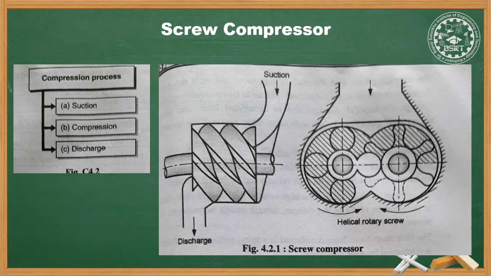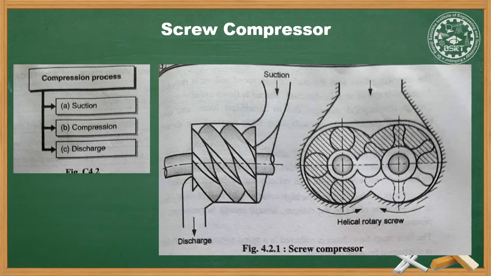In suction, as the rotors begin to unmesh, a void is created on both the male side and the female side, and the air or gas is drawn in through the inlet port. As the rotors continue to turn, the interlobe space increases in size and gas flows continuously into the compressor. Just prior to the point at which the interlobe space leaves the inlet port, the entire length of the interlobe space is completely filled with gas.